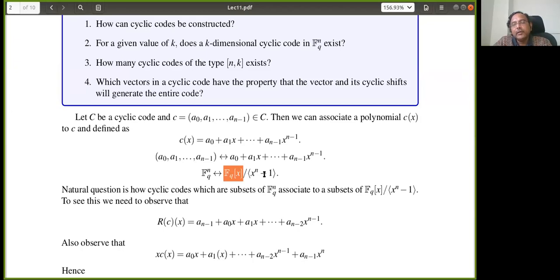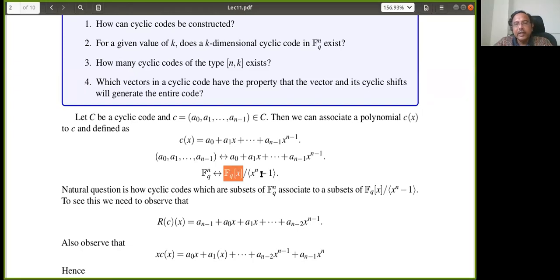Can you tell me what something is also? Pragati, x power n minus 1 is equal to? So it is equal to x minus 1 into x power n minus 1 plus x power n minus 2 plus x power n minus 3 and so on plus 1, right? Yes. That actually comes from the geometric series, the finite sum. So Fq[x], the set of all polynomials, I am dividing by x power n minus 1.